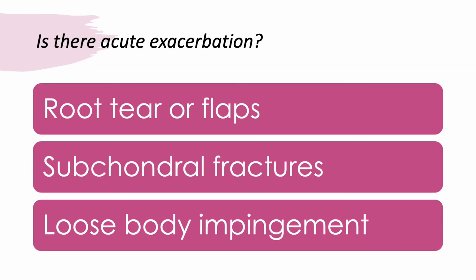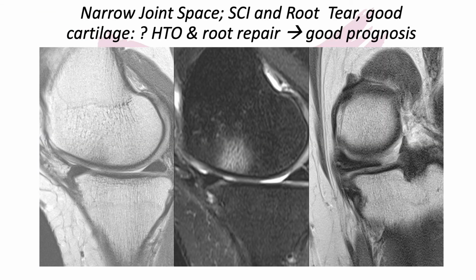The next thing we want to look at is whether there is an acute exacerbation of pain of osteoarthritis in somebody's knee. This can be in the form of root tears or flaps, subchondral fractures, loose bodies and impingement. Here's an example of a patient who has relatively good articular cartilage, but may have had joint space narrowing on the medial compartment on an X-ray. We see this bone marrow edema pattern here, and we see a root tear. So we know this is a person who has medial compartment narrowing, not because of cartilage loss, but because of a root tear. Along with that subchondral insufficiency fracture, or subchondral impaction fracture, that is the cause of